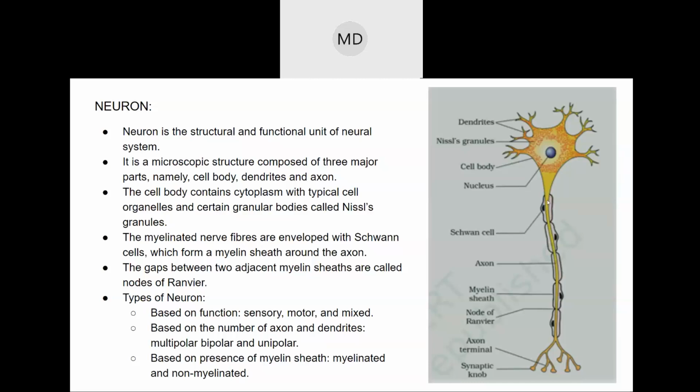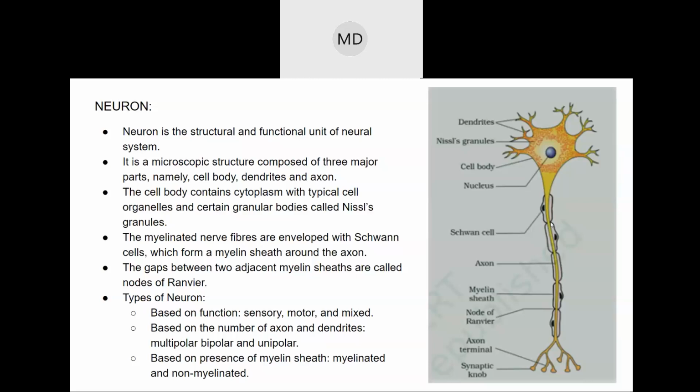This is the myelin sheath. This one long thing is the axon. This is the Schwann cell. These are the myelin sheaths. Then in between the myelin sheaths, there are some small nodes. Nodes means small spaces where the axon is not covered by myelin sheaths. There are small portions where the axon is not covered by myelin sheaths.